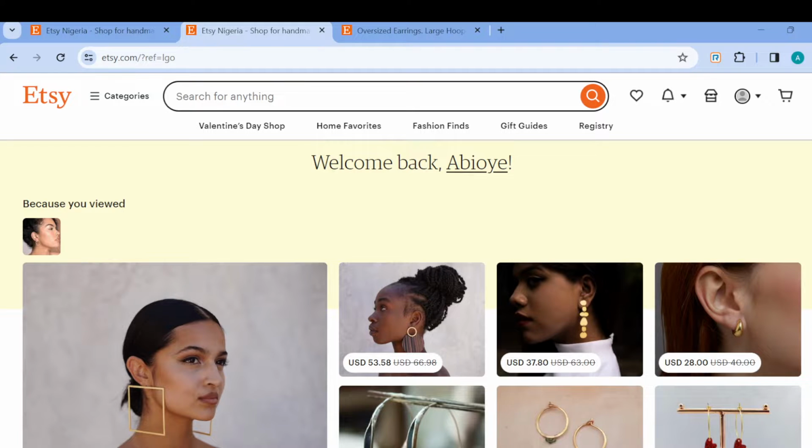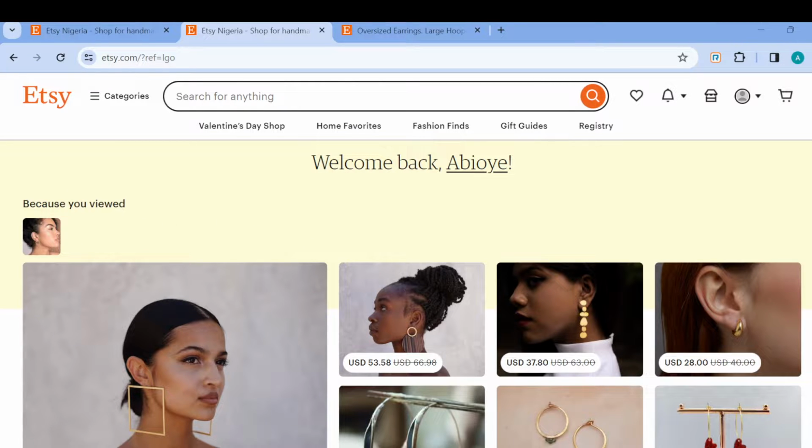The first step is to sign in to your Etsy account by typing the domain name for Etsy, which is www.etsy.com. And then once you type it out and you're brought to the home page, this is how the home page looks like. You either see some categories here, or you'll see the last item you viewed, just like mine is